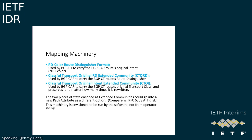2 extended communities are defined. They carry components for the classful transport when you're actually passing stuff from CT into CAR. One is to actually encode the classful transport's original RD that's present in the route. So that's basically the tunnel for the RD in CAR. And